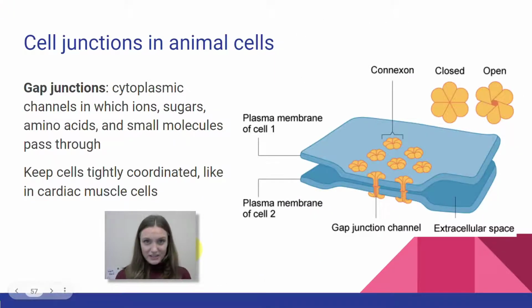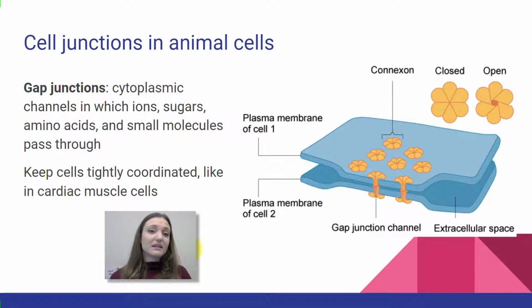Gap junctions are continuous connections between the cytoplasm of two cells. So they are basically little tunnels that connect two cells together, or maybe multiple cells together, right? So these little tunnels let the cytoplasm between the two cells exchange. Okay, so water can flow through these gap junctions, ions can flow through, sugars, amino acids, small molecules can pass through these gap junctions. Okay,